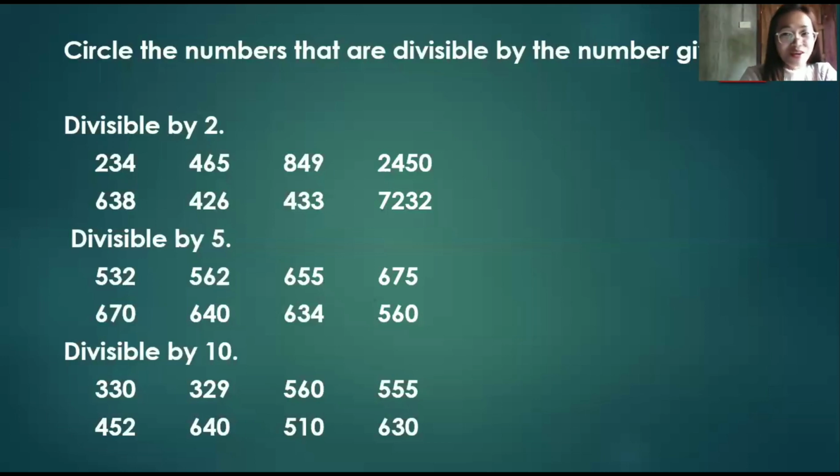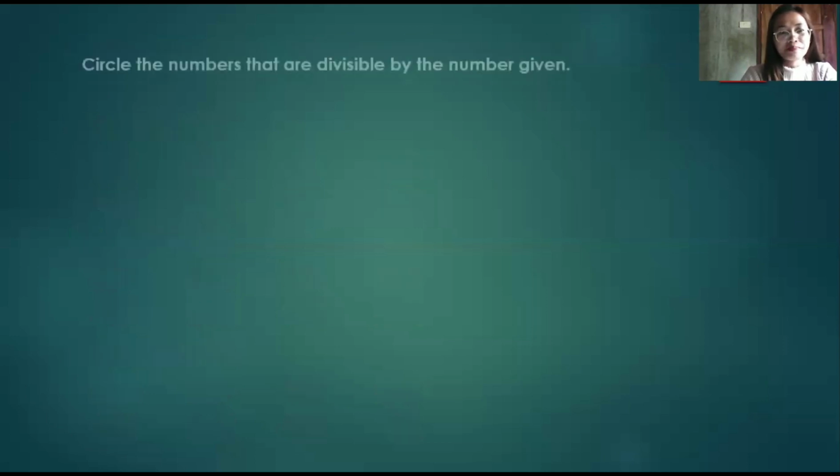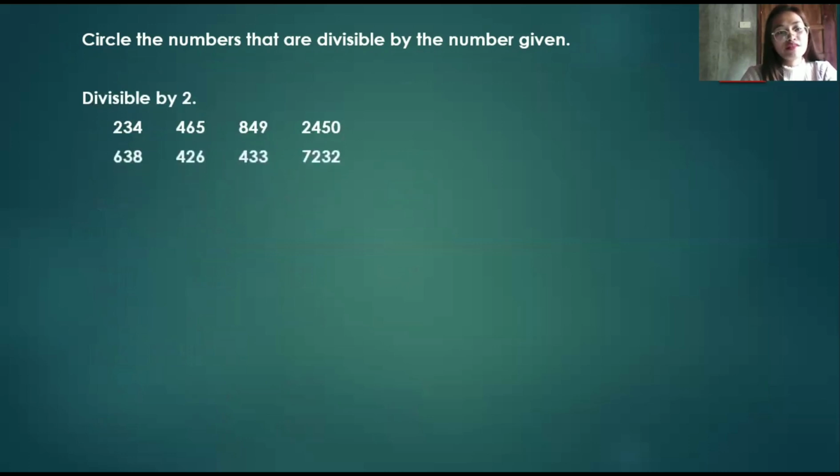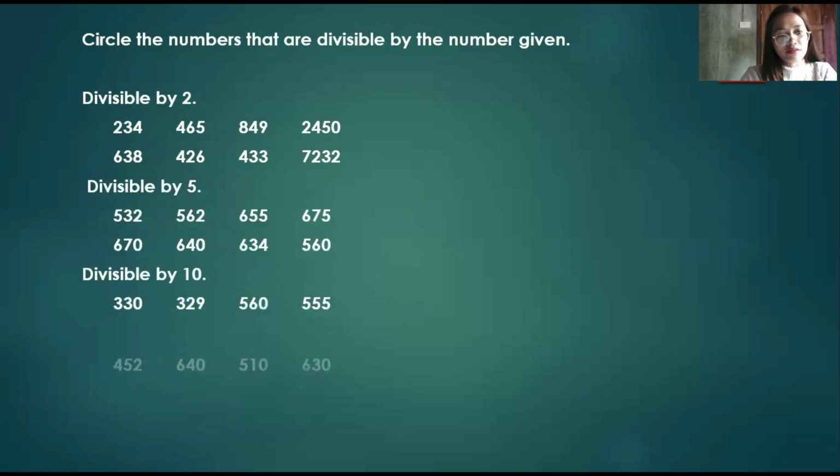Okay, I guess you are done, because I know you really understood the rules for 2, 5, and 10. Now, let's check your answers. Circle the numbers that are divisible by the number given. The numbers 234, 465, 849, and so on and so forth. So which numbers are divisible by 2, 5, and 10? So we have here